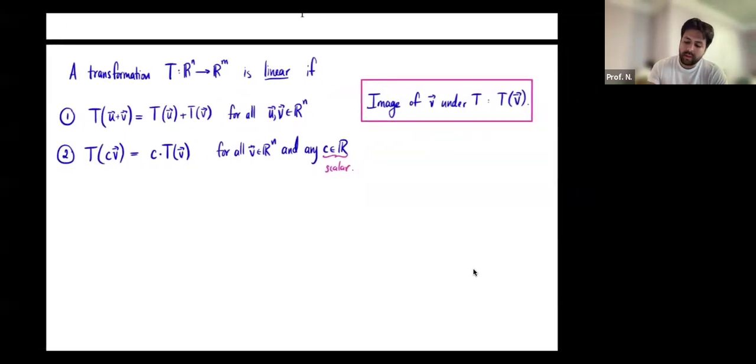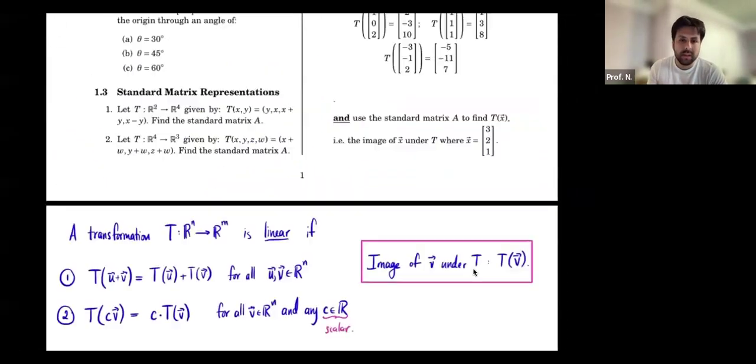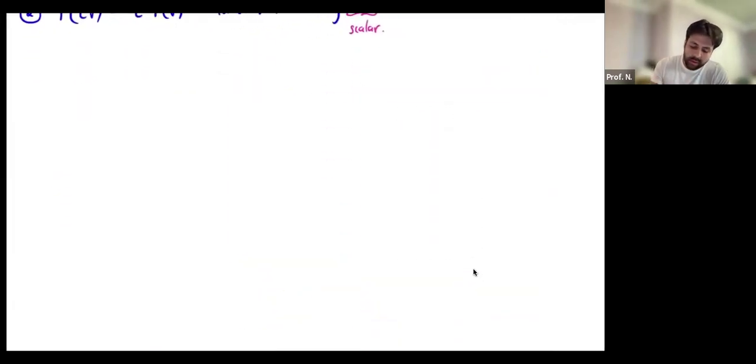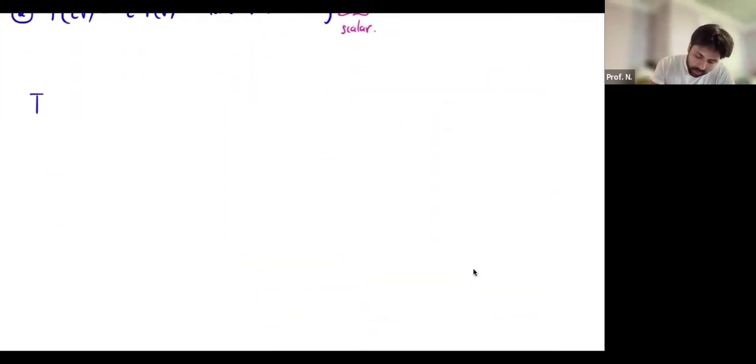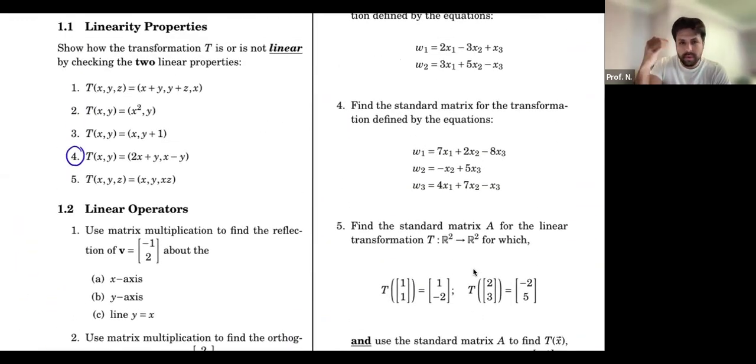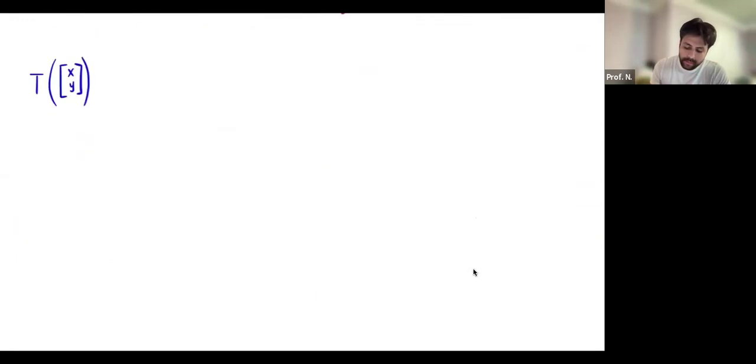Okay, so I want to check these two things. If we go back to our transformation, I'm going to write it as a column vector, xy. Here they have it as a row vector, but I'm going to rewrite it as a column vector. So T of xy equals